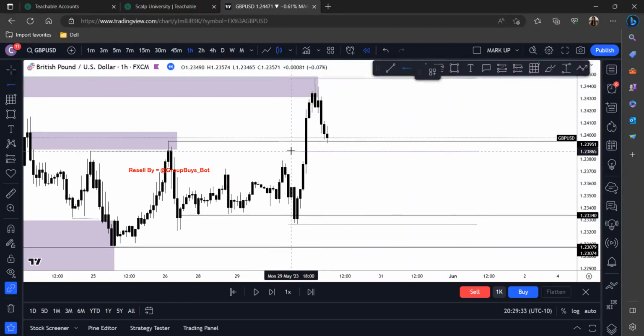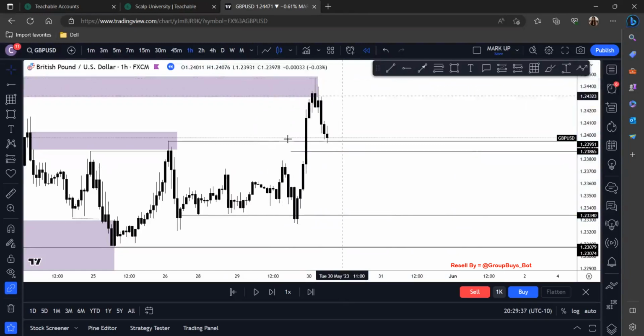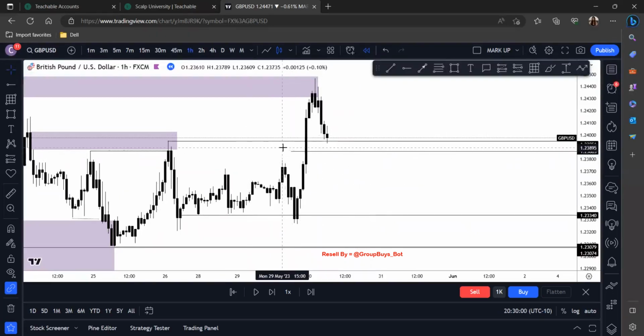Which is good. Okay, so now what you need to know is if we are looking for buys within this, it already eliminated the fact that we're looking for any buys up here. Our buys are definitely going to be below this. Well, sometimes price can react just at the equilibrium. So we can find some buys just here, or we can obviously find buys below that. So definitely this eliminates it so much, and it kind of refines it down to, okay, we're just going to be looking at this area.